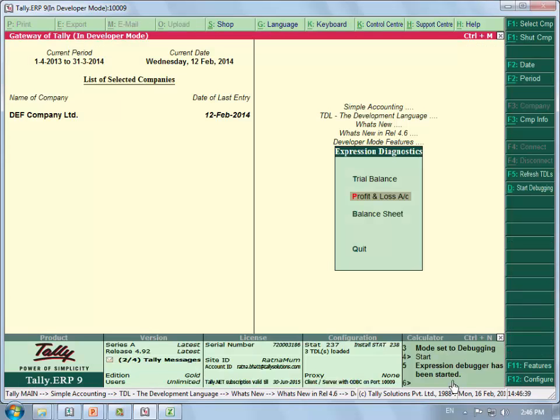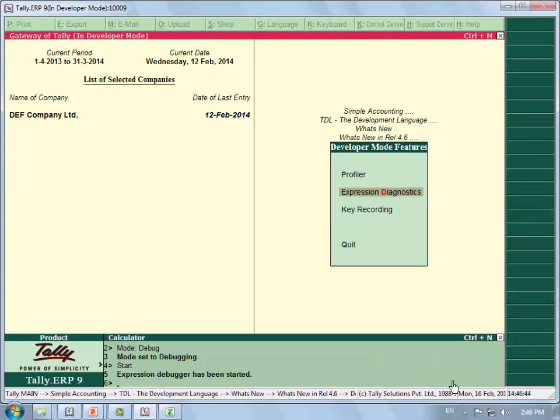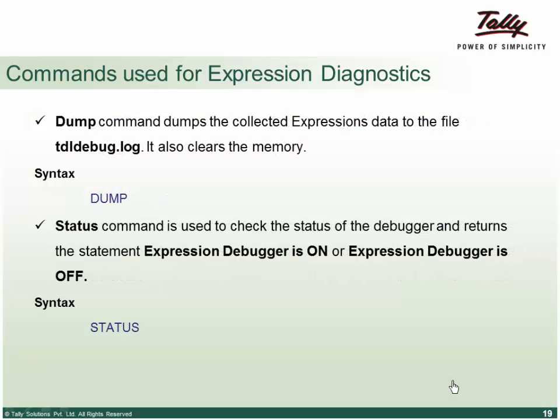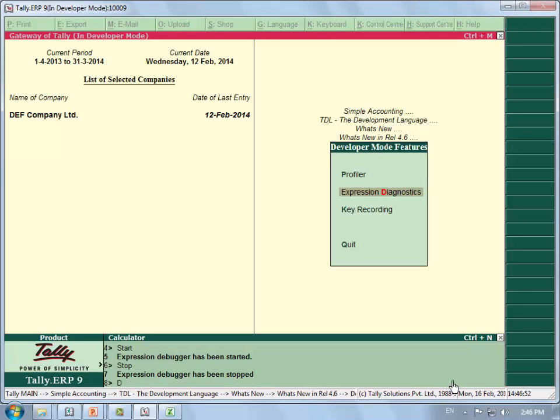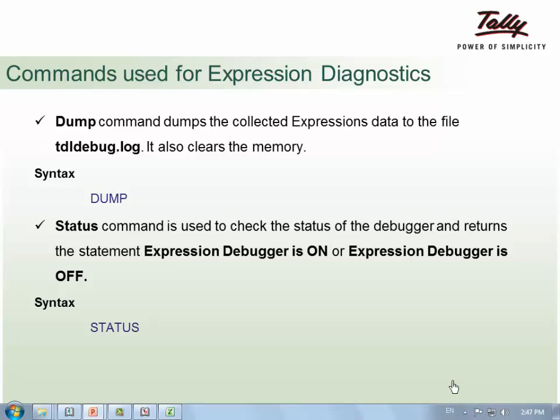You say stop. And you say start dump. And you say dump. It gets dumped. Then you can check the status.